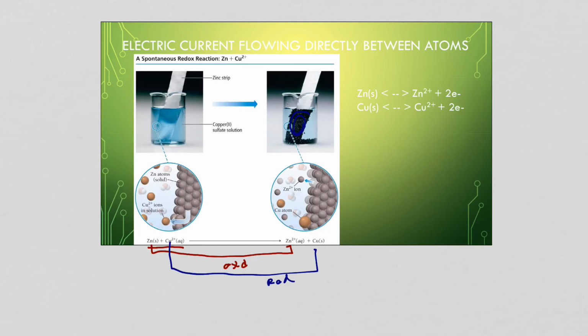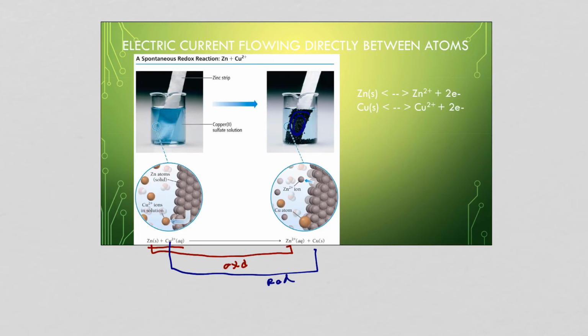When a copper ion gets close enough to the zinc, the zinc will transfer its electrons and leave as a zinc ion, resulting in a piece of copper metal sitting on the surface here. But we can't take advantage of these electrons. They just jump from one species to the next, and so there's really no advantage here. We see it, but how do we